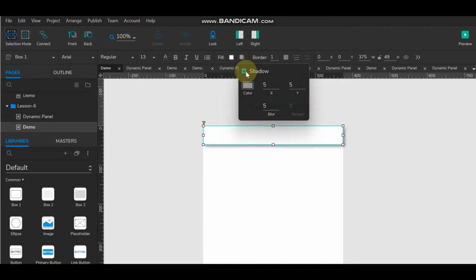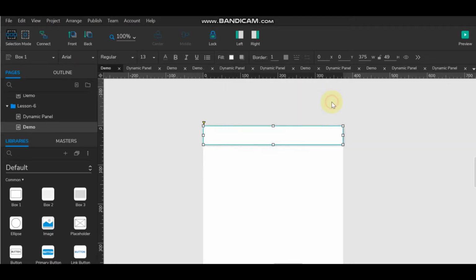So here I'm giving shadow for the container and we'll remove the border. Now we need to create the menus. So we'll keep them in the container. We'll align to the middle and here we'll name it